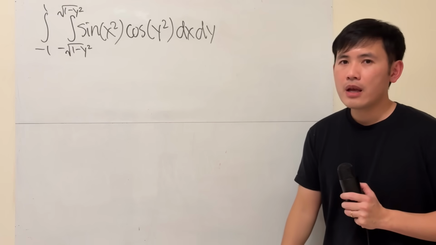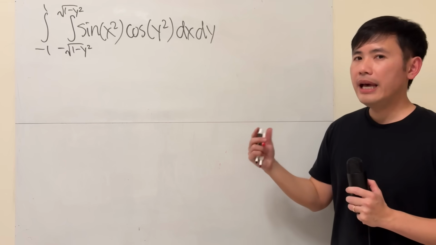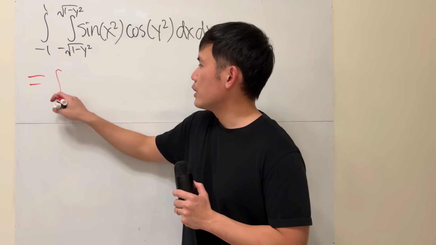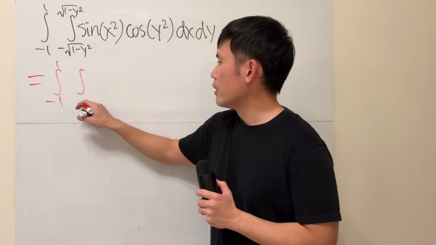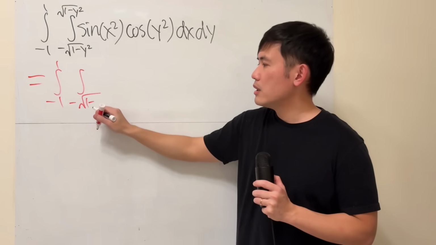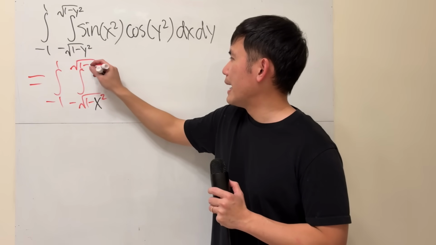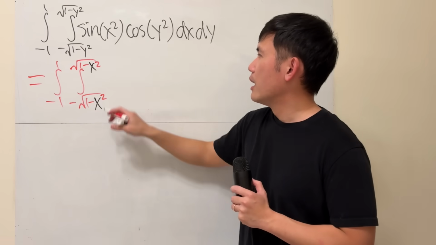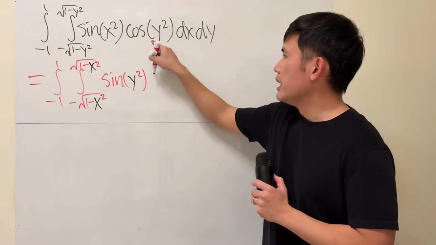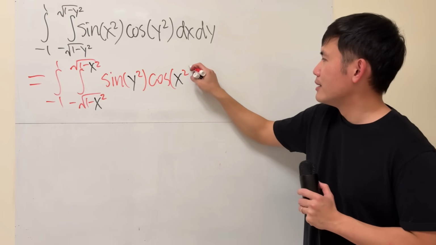Okay, here we go. First, I'm going to convince you guys of the following. I am going to just swap x and y, and they will have to be equal. This is equal to the integral going from negative 1 to 1. The integral going from negative square root of 1 minus, I'm not going to put down y squared, I'm going to put down x squared, up to square root of 1 minus x squared. And then here, it's not sine of x squared, but sine of y squared. Here, cosine of x squared. dy